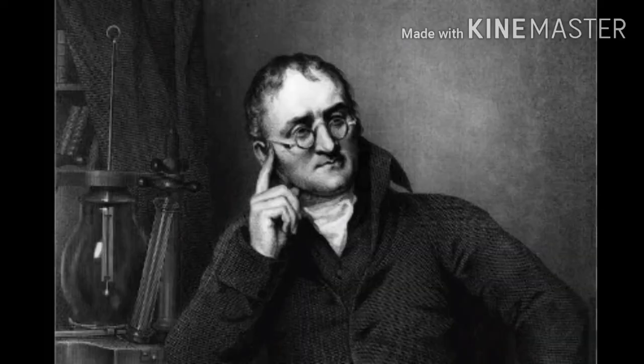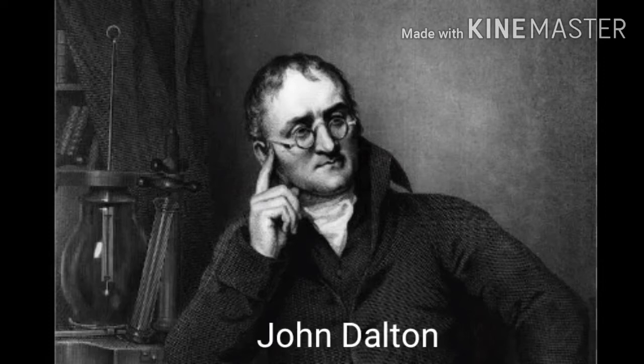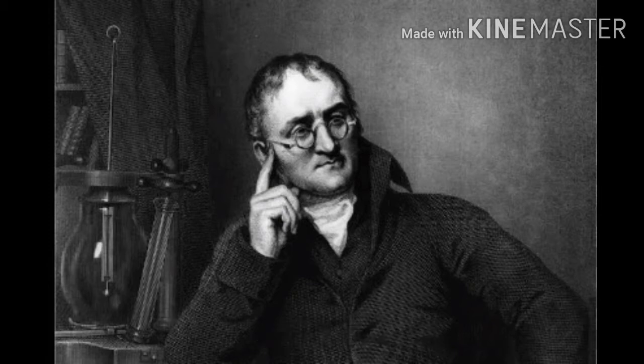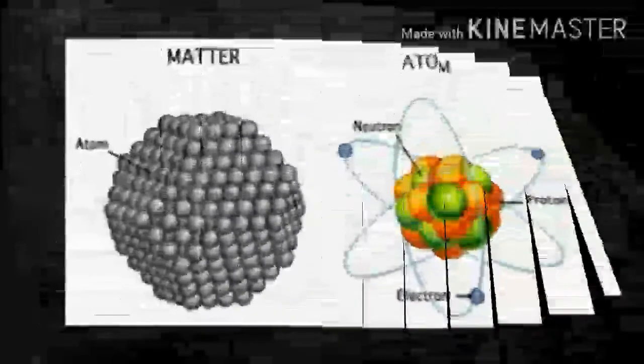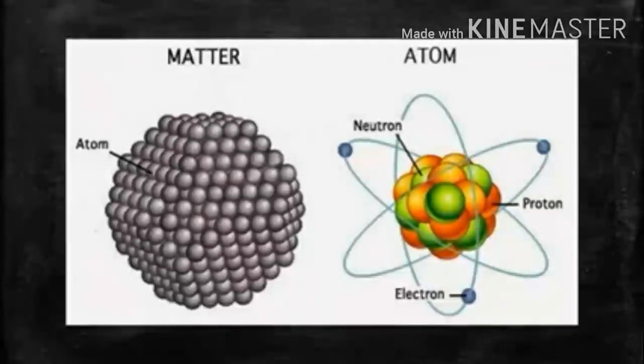Dalton's atomic theory. British scientist John Dalton put forth in 1803 AD his celebrated atomic theory. According to this theory, matter is made of atoms and atoms are indivisible and indestructible, which we cannot destroy. All atoms of an element are alike, while different elements have different atoms with different mass. Means atoms are indivisible and indestructible, that is, cannot be divided further.